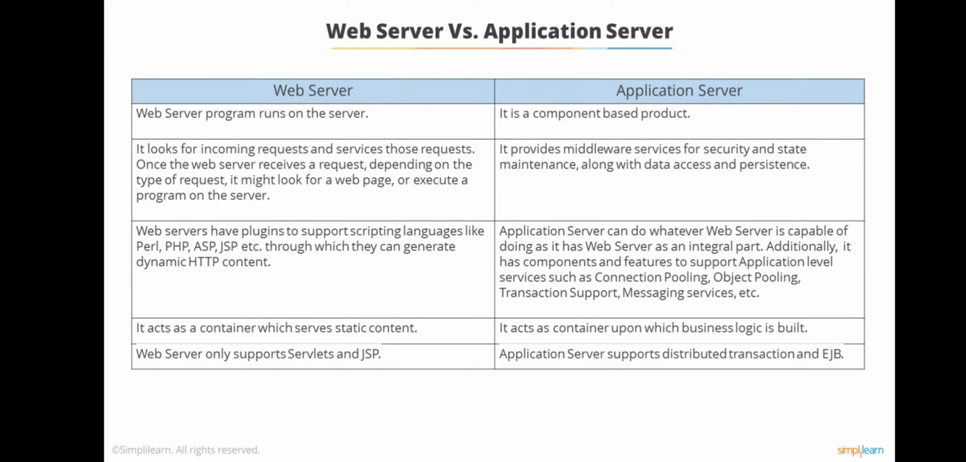Let's look at the difference between web and application server. Web server runs on the server. It looks for incoming requests and services those requests. Once the web server receives a request, depending on the type of request, it might look for a web page or execute a program. Web servers have plugins to support scripting languages like Perl, PHP, ASP, etc., and they can generate dynamic HTTP content. It acts as a